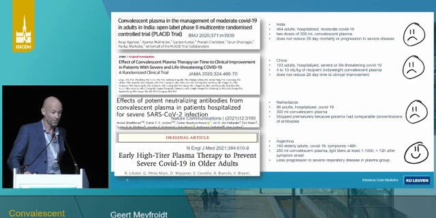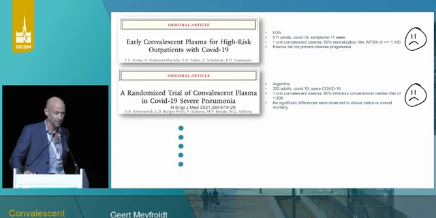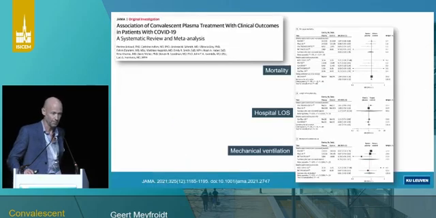The Argentinian Lipster trial was actually a positive trial, where they saw in elderly patients who were only symptomatic for less than 48 hours, so very early, they gave high IgG level plasma, 1 dose within 72 hours after symptom onset, and they saw less progression to severe respiratory disease in the plasma group. A US study showed no effect. The Simonovic trial showed no significant difference, and then last week another trial was published in New England that was also negative, and I can go on because there are more trials than this.